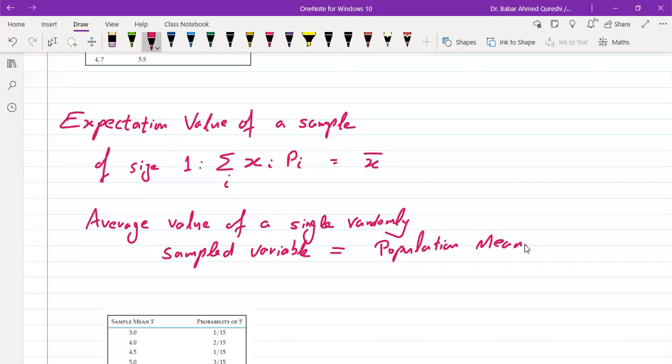So what this is telling you is that the expectation value of the sample will be equal to the population mean. If you want to get the population mean, you can find out the expectation value of a sample of size 1. But to do that, you will have to make many trials,